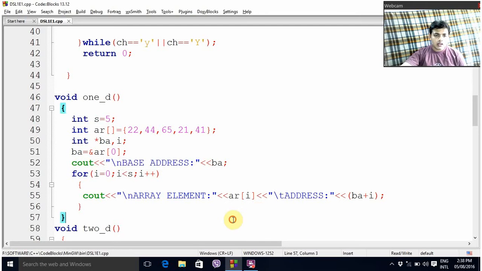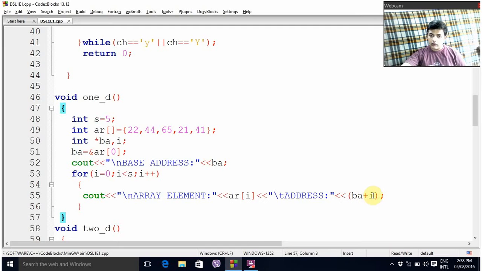As you can see, I am using a loop just for printing an element and then the address of that respective element, using the formula base address plus I.